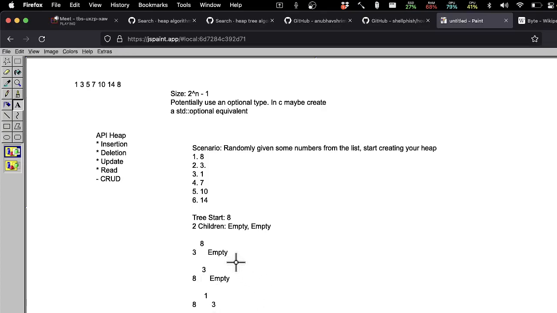Okay, so were you following my insertions? So you're saying insert in this order. Yeah, so you're randomly getting the 8 numbers from that list. You start with 8, then 3. I don't know if I'd call that rotation. I think that's more bubbling. True, it's not really going to